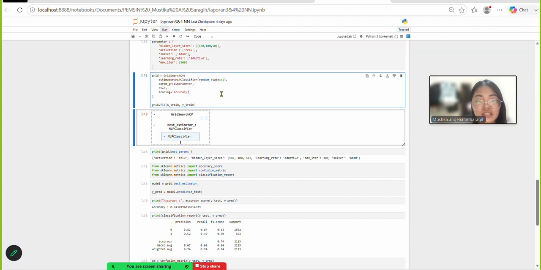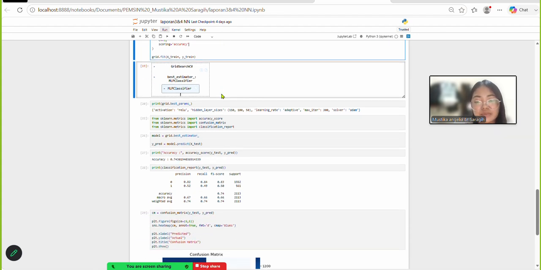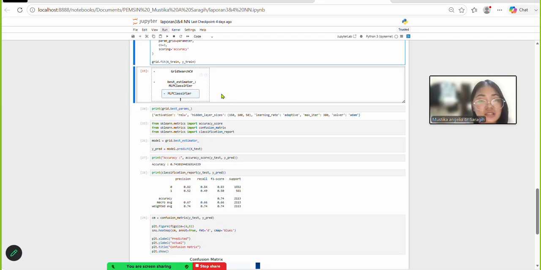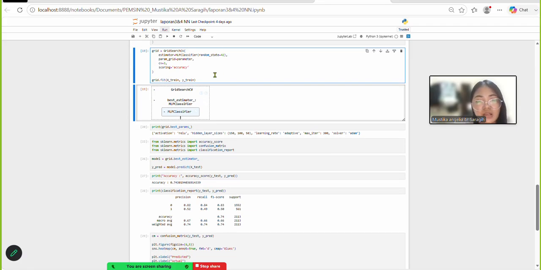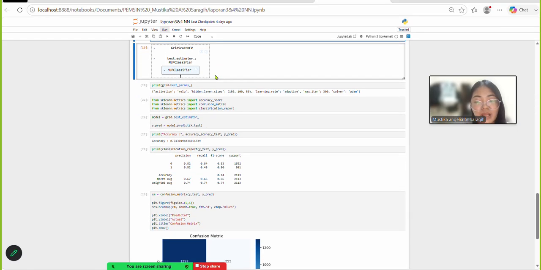Next is train the model. Grid search trains multiple neural network models using cross-validation and selects the one with the highest validation accuracy. The next is display best parameter. This displays the best parameter combination found during grid search CV.